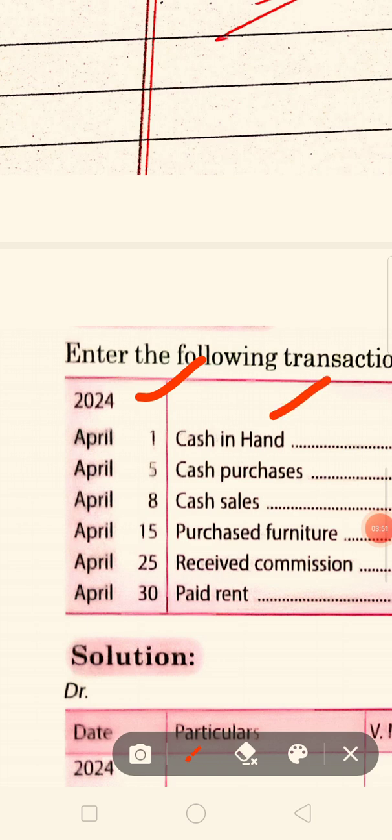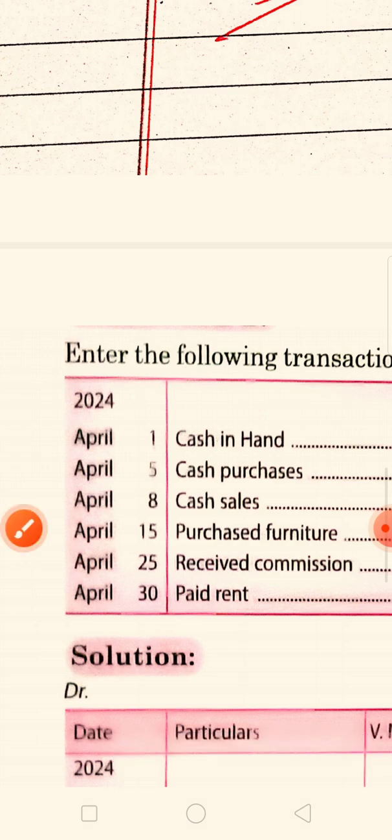It is written cash in hand. My dear student, cash in hand is not a dealing and transaction. This is a balance of cash. No money is coming from cash in hand, and no money is going, but this is already cash in hand. It means cash in your pocket, cash in your locker, cash in your office. This is cash in hand, my dear student. So it means this is a balance of cash. And we know very well that cash is an asset and assets are debit. So this balance we will write in the debit side, my dear student.